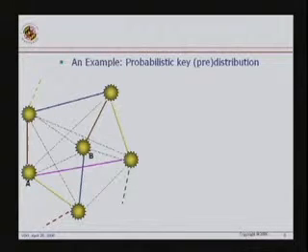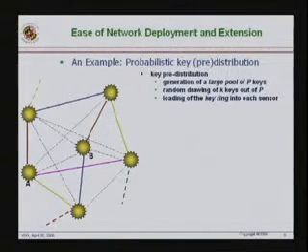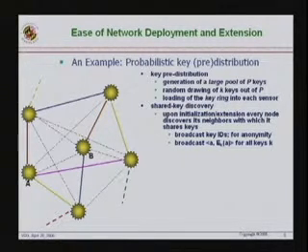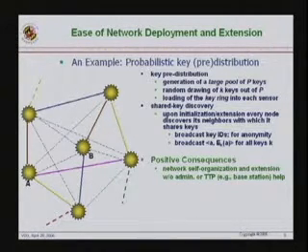Well, first of all, before I tell you what can happen, let me show you just one example why keying, key connectivity, is trivial in the sensor network. So imagine that you have a neighborhood of sensors like the ones seen here. So you have 6 sensors in a neighborhood, and these sensors are keyed in the following way. So we are going to use a probabilistic key redistribution scheme. This is one of the many that have been proposed. In fact, it happens to be the first one. Not necessarily the best one, but it's certainly the first one.